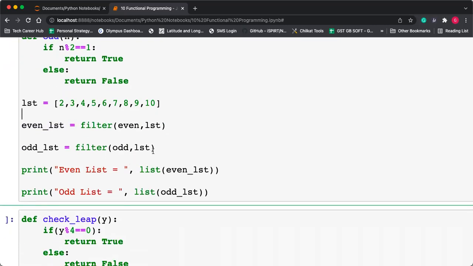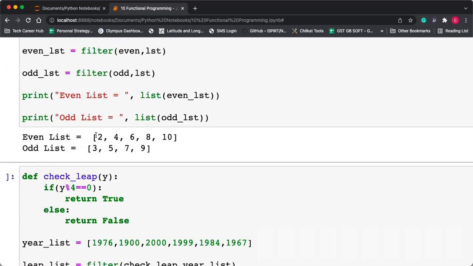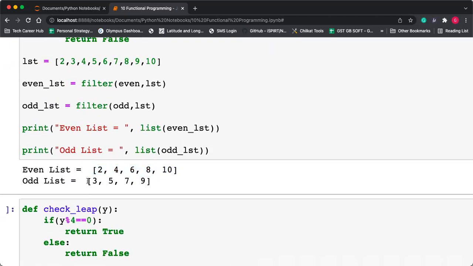Okay. अभी उसी तरीके से अगर odd inputs मुझे निकालना है, odd inputs only. तो yes, I am applying the odd function. So देखो odd numbers मुझे मिल जाएंगे. Only odd numbers I am getting. So let's see here the even list and odd list. Let's print it. You see here the even list is separated out: 2, 4, 6, 8 and 10. Odd list is separated out.